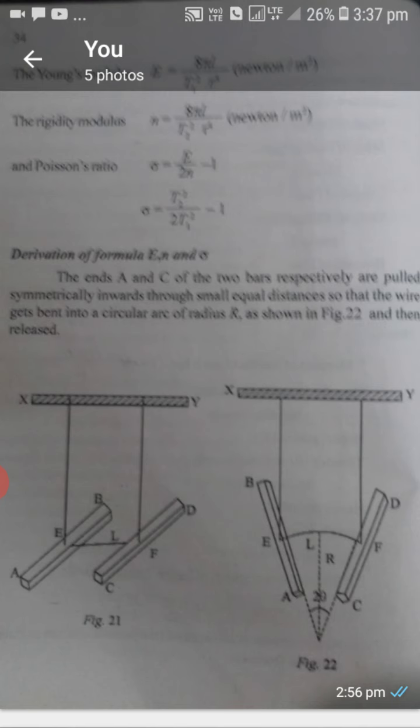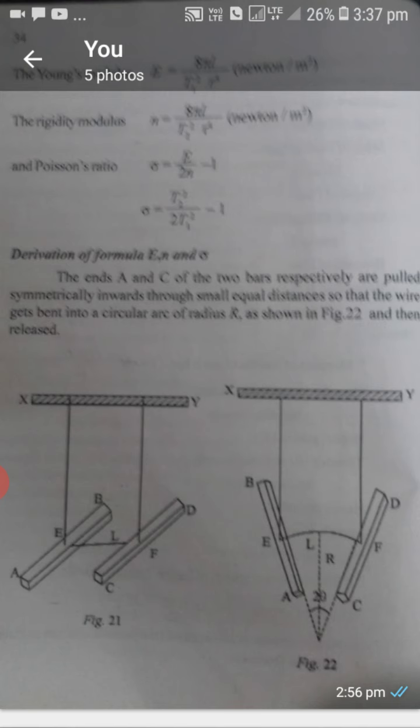Then a torque is exerted, that is, it rotates. Torque means what? A moment of force into distance. Then they are set into oscillation in the horizontal plane. Then if L be the length of the wire and theta the angle, then the angle subtended by the circular arc